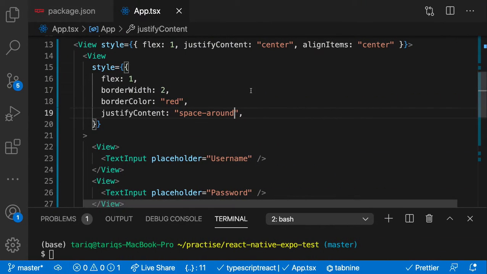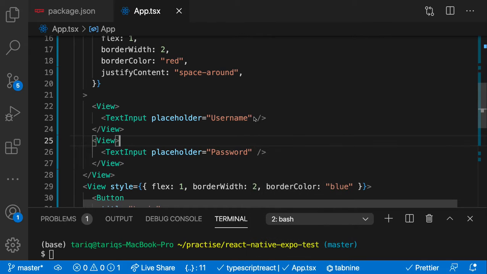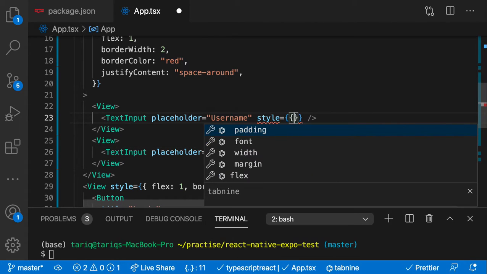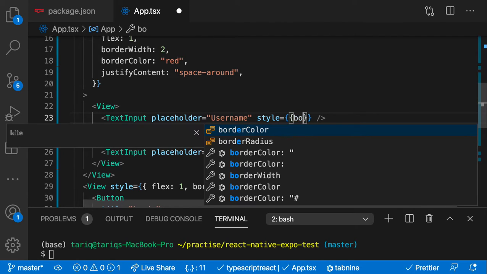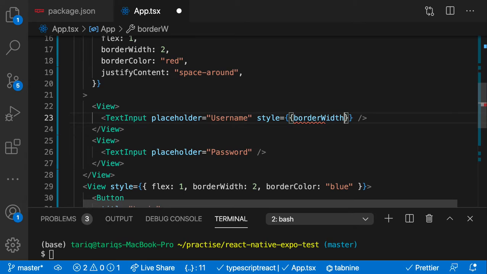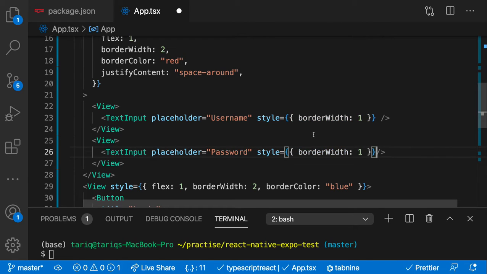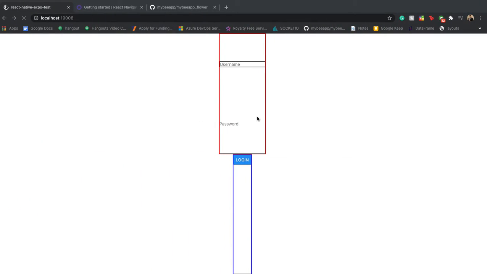So what I want is our input field to look more like there should be a border for our input field, so it looks nice, so we know where to click. So I'm gonna do border width. I can do border width 1, and I'm gonna copy this one and put it here. Okay, so we have two input fields here, with two spacing, but it might be too much